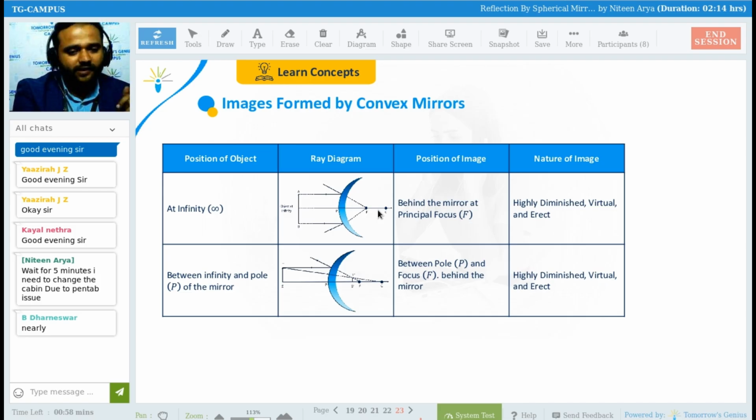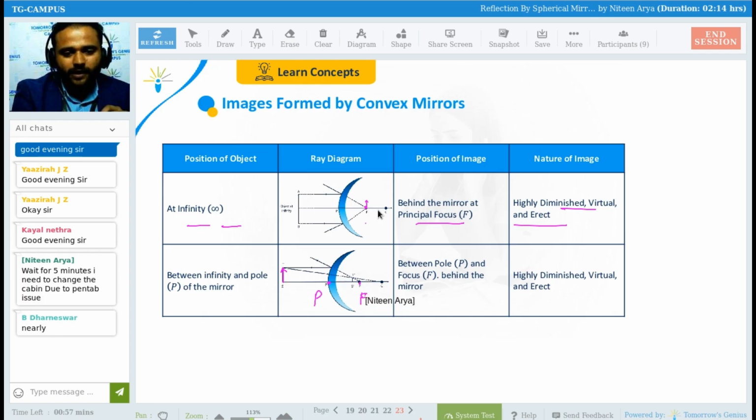If you put an object at infinity, very, very far away, in a convex mirror, the image is going to form at the principal focus, or you can say behind the mirror at the principal focus, highly diminished, virtual, erect. Highly diminished, virtual, erect means the image is very, very small in size, but erect and virtual. If you put an object in between infinity and the pole, so you get the